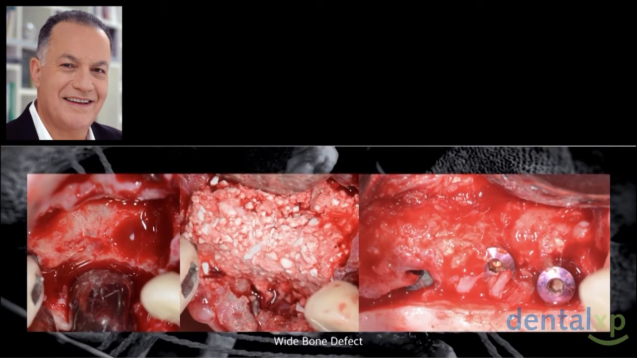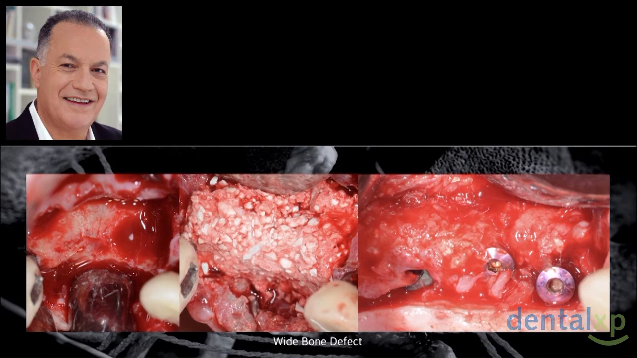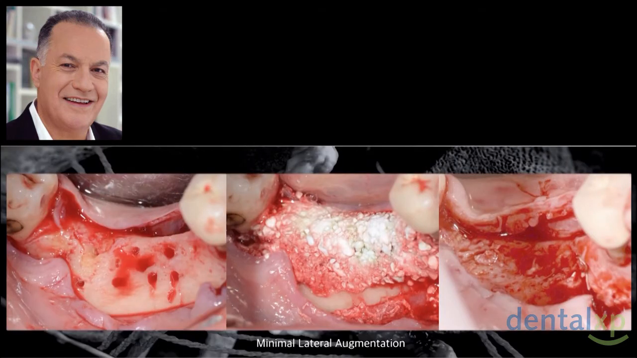Bone apatite, with the mixing of the biphasic calcium sulfate and hydroxylapatite, and we tried it, and as you've seen, with wide bone defect on the left and on the right, the results. Or in minimal lateral augmentation, a mixing of bicalcium sulfate and hydroxylapatite with the bone apatite,